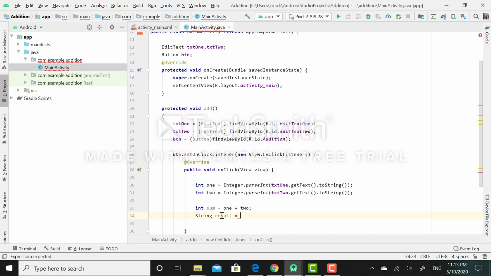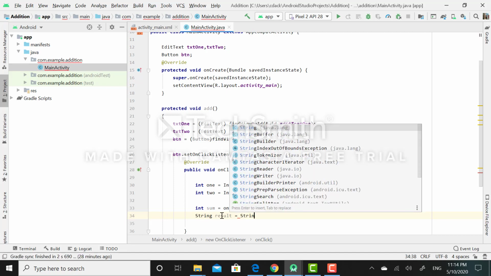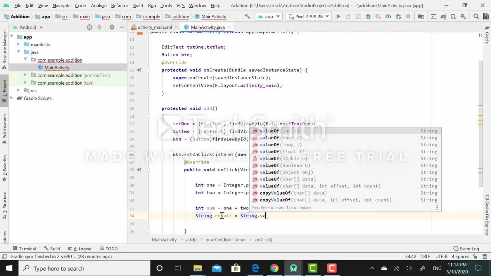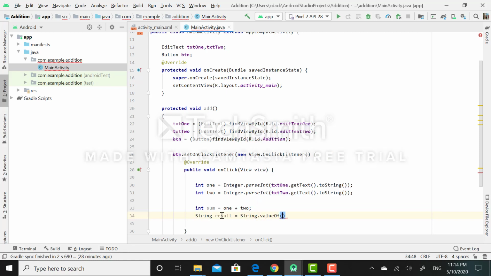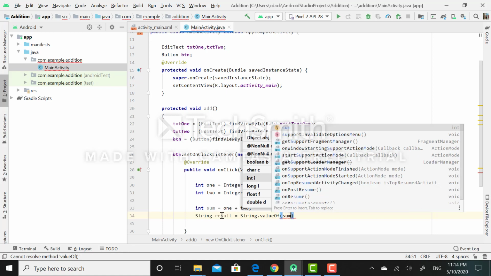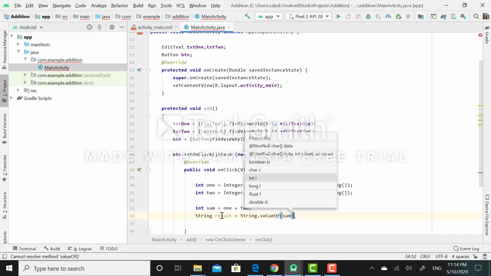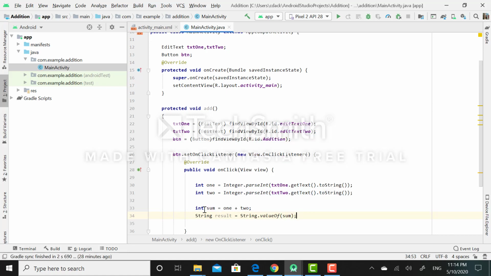I will call String class and invoke valueOf method, and here I will pass sum as an integer parameter to it. So what will happen? The integer value which is stored on this sum variable will convert it into the string, and this value will be stored in this result variable which has data type string.